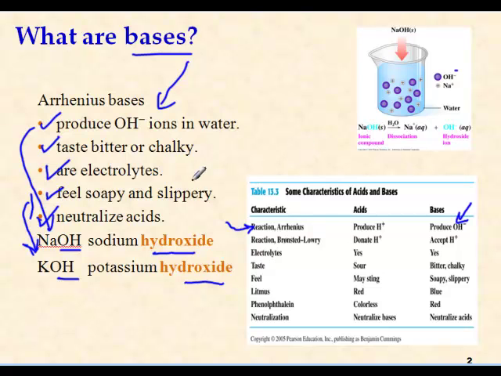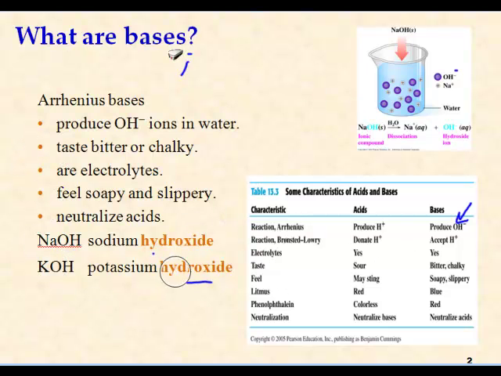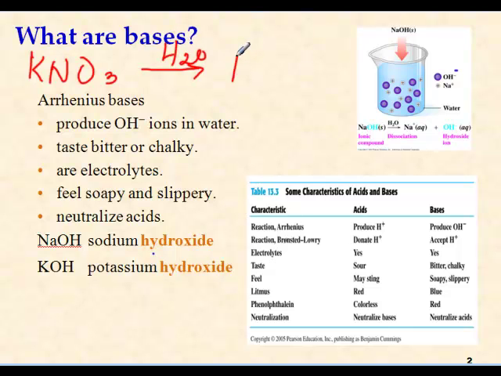You have the anion and the cation separated. Now I might be giving you some of these on your test to ionize. So just before I go on to the next slide, I want to give you an example. For example, if I give you a substance such as KNO3 and I asked you to ionize it, what does that mean? When you're trying to ionize it, you need water, and it will separate out as hydrogen ions